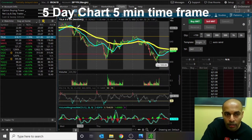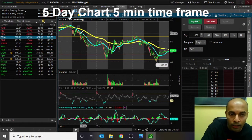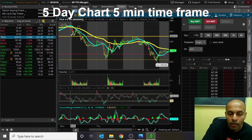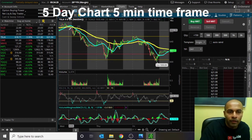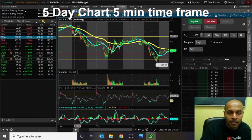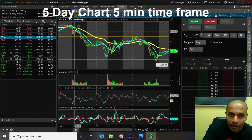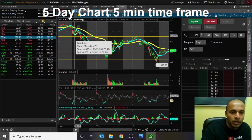It did come back and retest the 200, but then it got killed. I mean, it just ran all the way down. But I do have my support and resistance level in place. So I would know that if it is coming down and then it tests this level of support, and I have my favorite pattern set up, then yeah, this is going to be an awesome opportunity to get in,